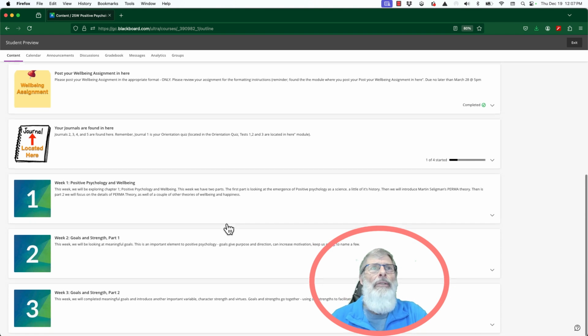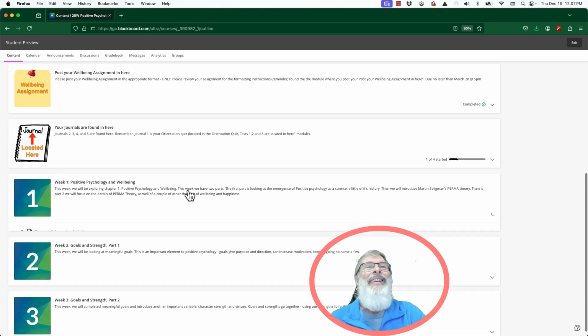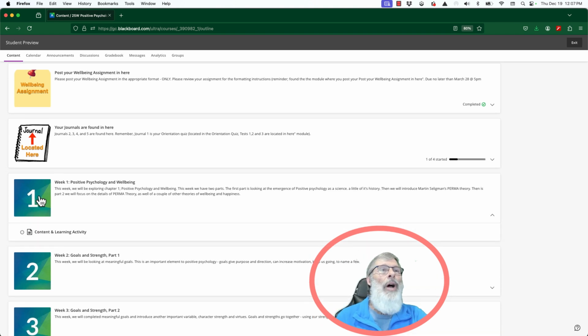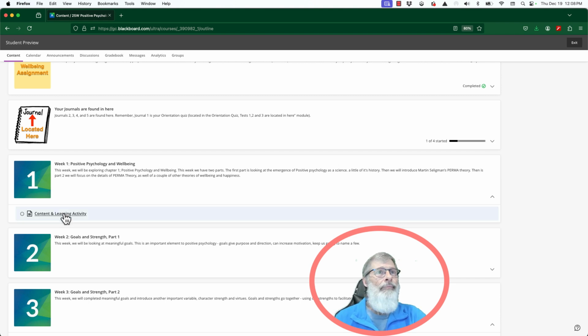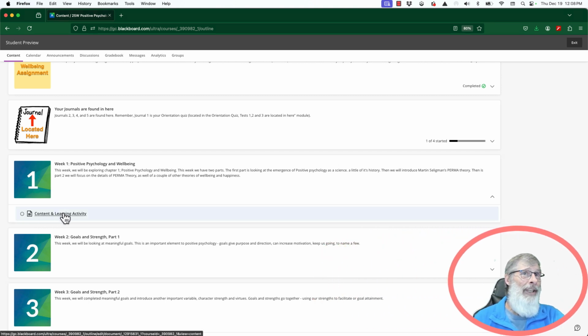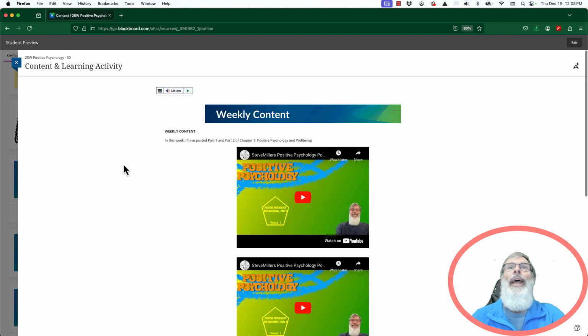Now the second last thing I want to show you is that every week, 1, 2, 3, right through to 14, will have something in it in content. I will indicate on the front of the module what basically is in here. You click on the content and learning activity, and there's the weekly content, part 1 and part 2 of chapter 1.